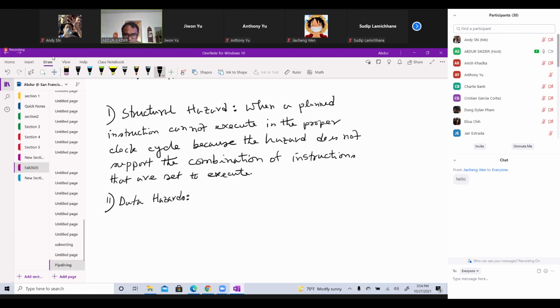It's a hazard, not hazards. Data hazards occur, also called pipeline data hazard, the same thing. So this one, when a planned instruction cannot execute in the proper clock cycle,